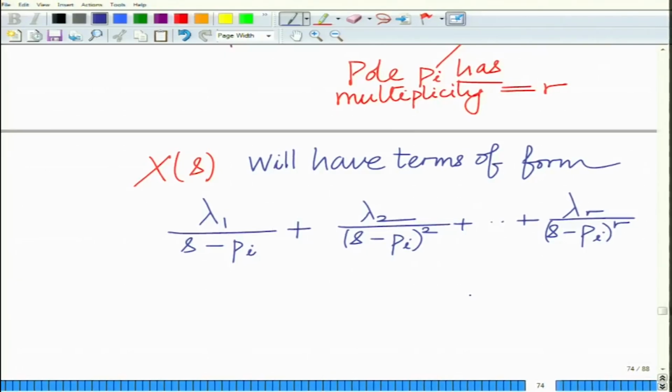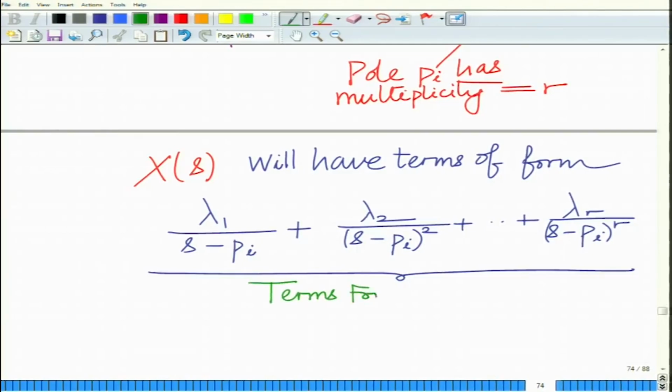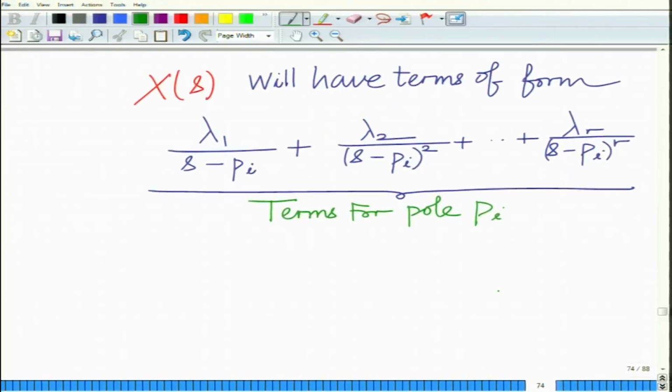So these are the terms corresponding to pole Pi, which has multiplicity r, and you will have the rest of the terms corresponding to the other poles. There will be r terms corresponding to the pole Pi: lambda 1 by S minus Pi, lambda 2 by S minus Pi squared, and so on up to lambda r divided by S minus Pi raised to the power of r, where r is the multiplicity of the pole Pi,